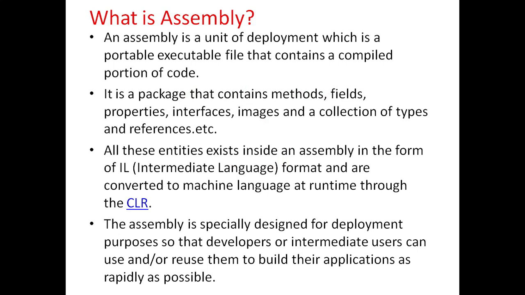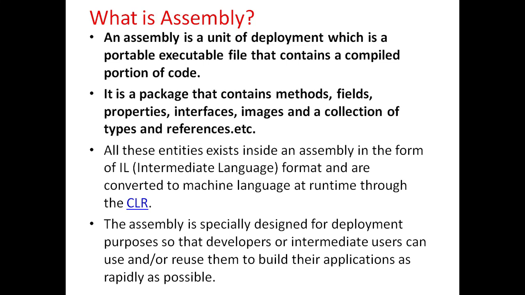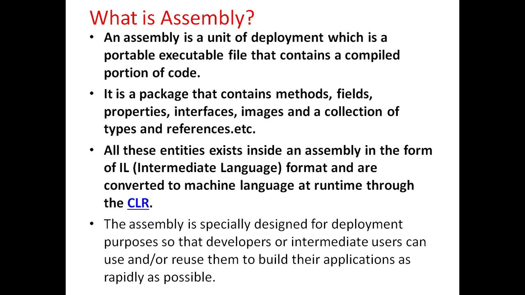Here we will see assemblies in .NET. An assembly is a unit of deployment which is a portable executable file that contains a compiled portion of code. It is a package that contains methods, fields, properties, interfaces, images, and a collection of types and references. All these entities exist inside in the form of intermediate language and are converted to a machine language at runtime